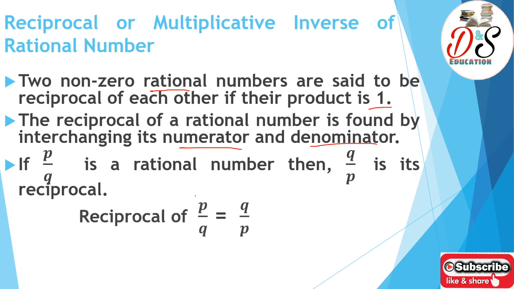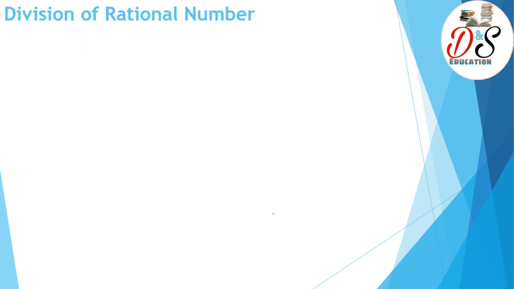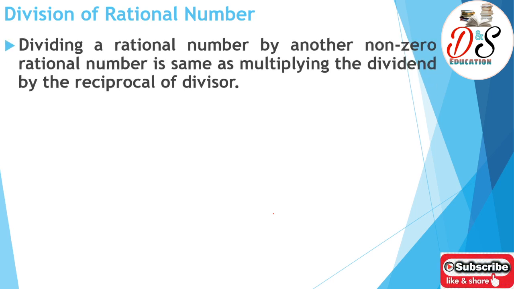Okay, you can see here we have changed this denominator with numerator and this numerator with denominator. So reciprocal of p upon q is q upon p. Now we will discuss division of rational number. So division of rational number says that dividing a rational number by another non-zero rational number is same as